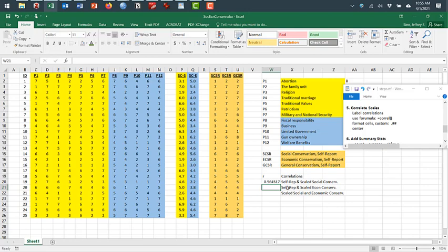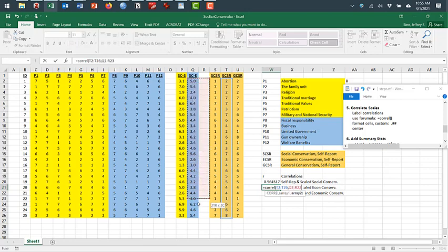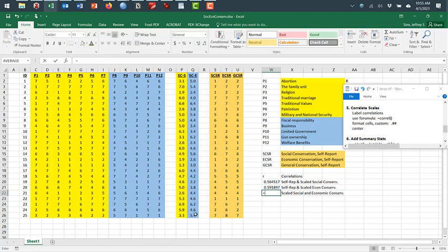Okay, same thing for self-reported and scaled economic conservatism. So here's economic conservatism self-report. Whoops, sorry, I got to type the formula. So CORREL, left paren, grab those values, comma, grab these values, right paren, boom. And then this last one, social and economic, I'm just going to correlate these two scaled values that I just got. So boom, and then right paren, gotcha. Okay,